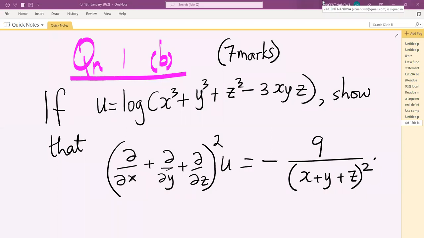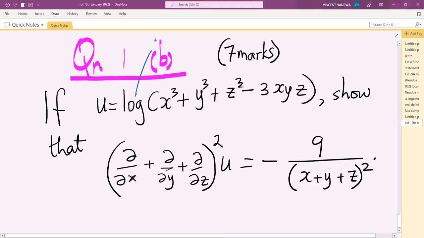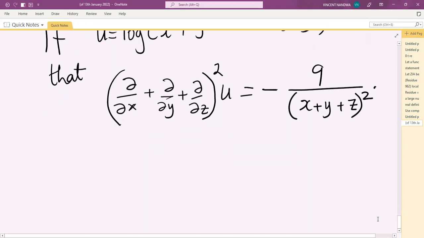One thing that you have to know is that in this context, the log function given in this problem should be interpreted as the natural logarithm. So let's get the partial derivatives of u. Solution,